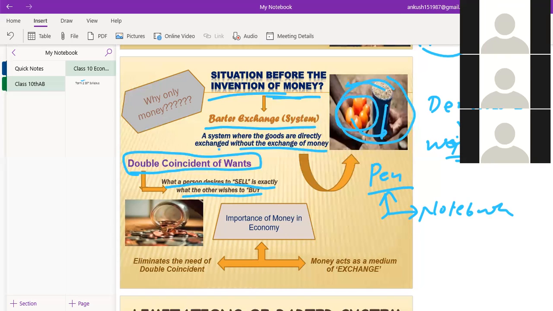Anudeep, you wanted to tell something? Sir, actually I got an example, but I think it isn't right. What are you thinking? No, sir. Actually, you said you wanted a pen. So what if I have a paper with me? Yes, same thing.